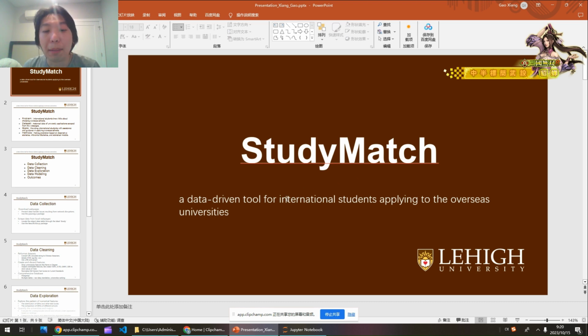In this step, the tool is mainly for Chinese students because the data set is based on the historical record of Chinese students. And in the future, if I can collect historical data of students from other countries, it will also be suitable